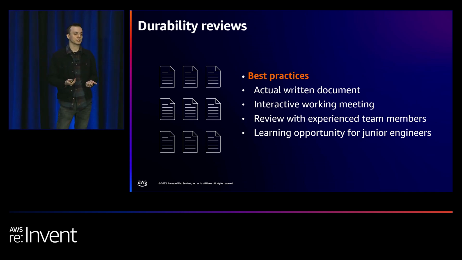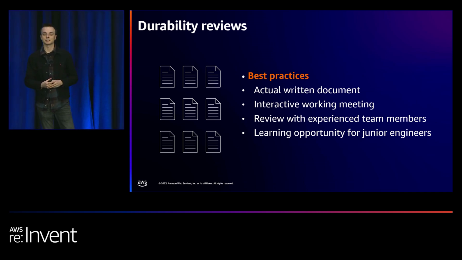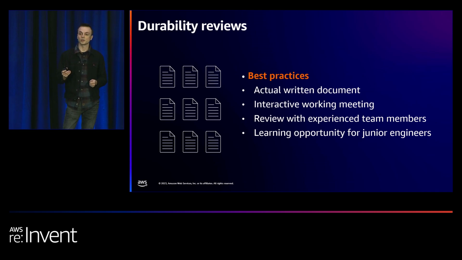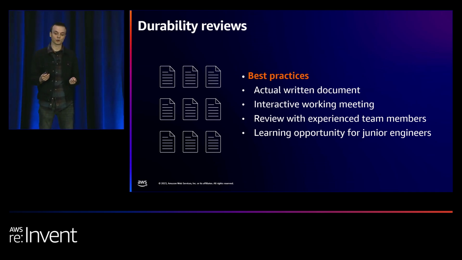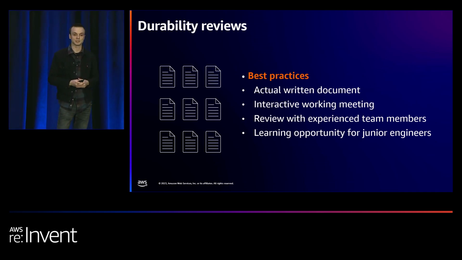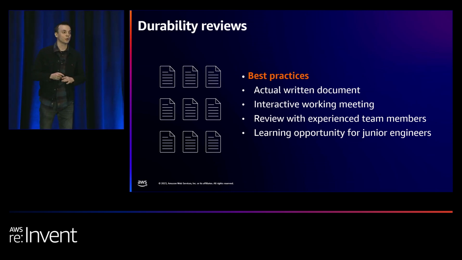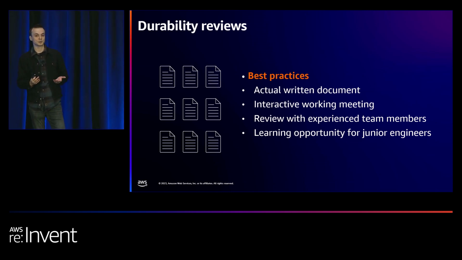Whenever you're authoring a change, you're making a change to the system. It could be anything. You could be fixing a bug. You're adding a new feature. You prepare a document called a durability document that outlines the threats to durability and mitigations. Then this document is reviewed by what we call durability bar raisers. These are seasoned S3 engineers that have expertise in durability. They make sure that teams think through the corner cases and have appropriate mitigation in place when it comes to durability. So all S3 engineers actually go through this process.